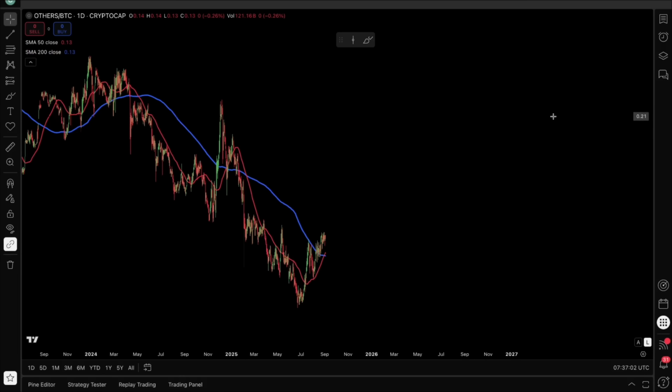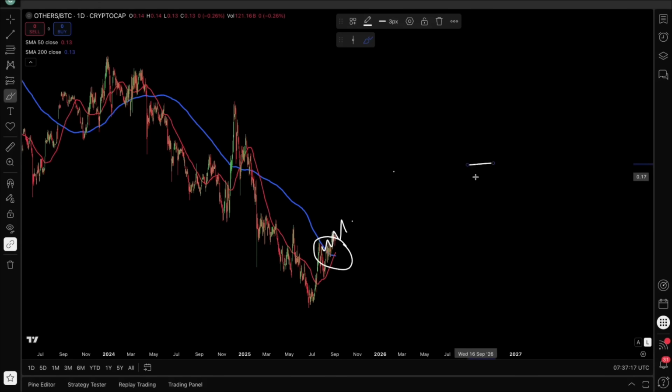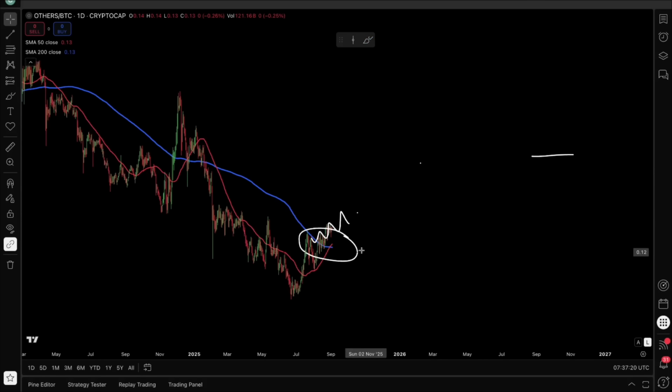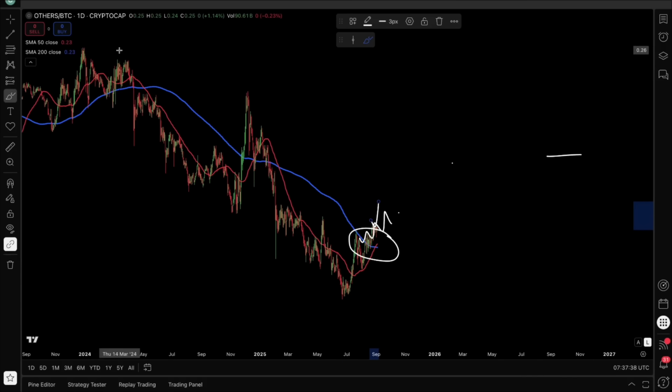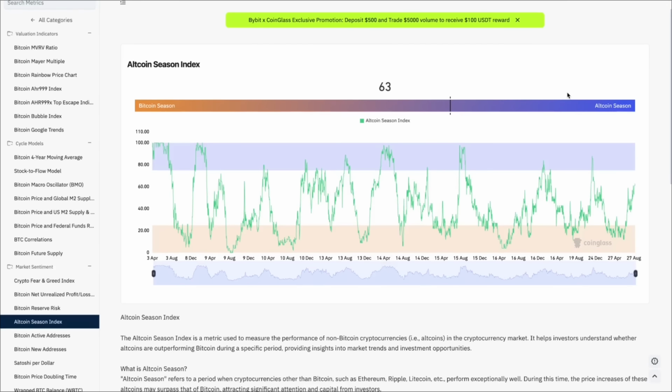Altcoins versus Bitcoin, so the others market cap versus the Bitcoin market cap, is actually showing a golden crossover on the chart. And that's going to be bullish, because once we saw this getting started for Ethereum, we of course saw a major rally. So for altcoins, something similar could be following next. Others are of course the smallest altcoins, so the market cap of the smallest altcoins compared with Bitcoin. It's definitely no altcoin season yet, but we are getting quite close, and I do think eventually we will be hitting this altcoin season box.